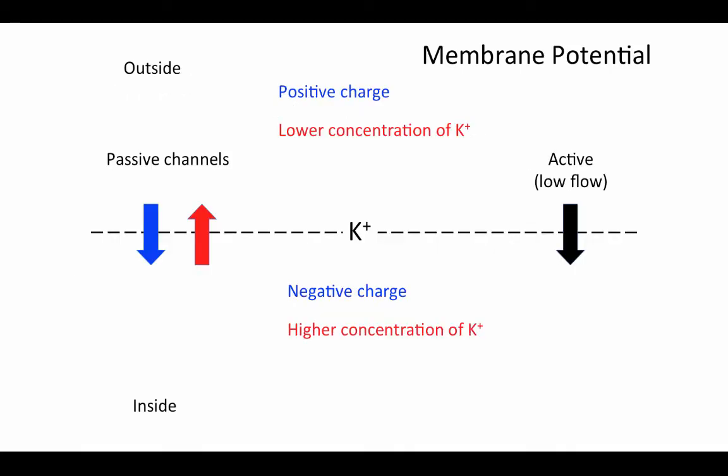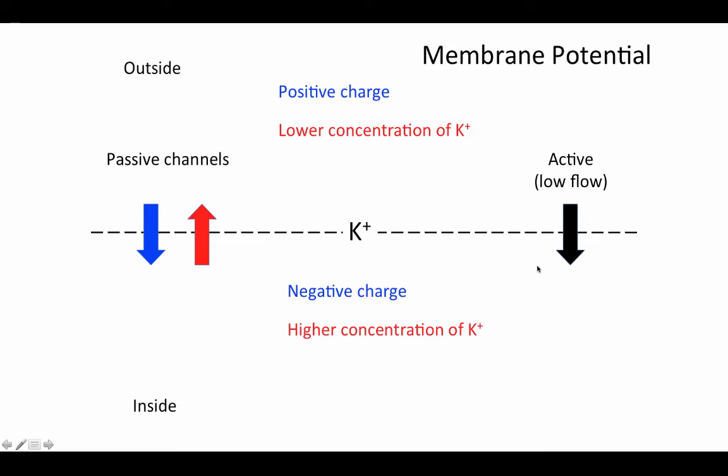And I just wanted to remind you of this activity that we did in class where we worked on the sodium-potassium pump. So remember that if we're talking about flow of potassium ions, this K here in the middle reminds us that we're talking about the flow of potassium. This dashed line represents the cell membrane. So above we have the outside of the cell, below we have the inside of the cell,